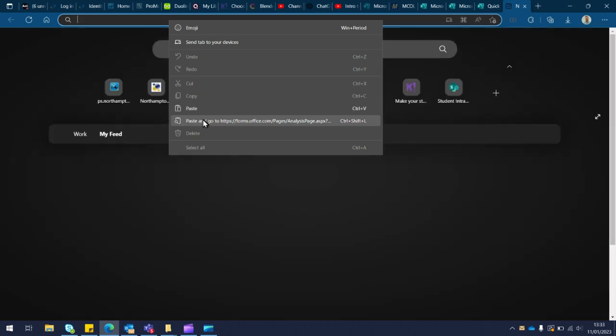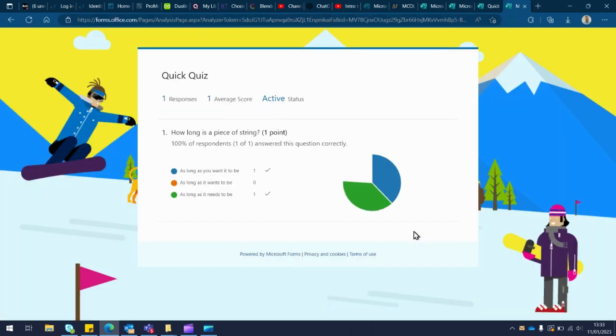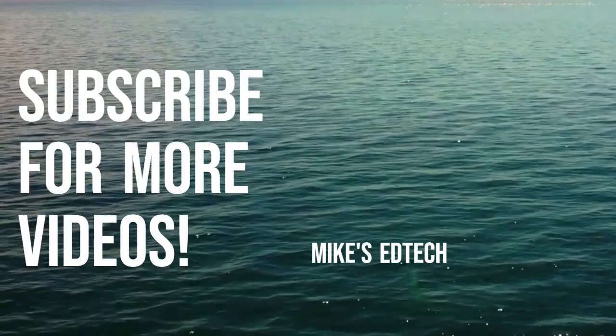because this gives you the option to then send this to somebody else without giving them access to your quiz. You can give them access to a link which shows the results without the person then obviously going into your quiz and changing it or making any edits or messing anything up for